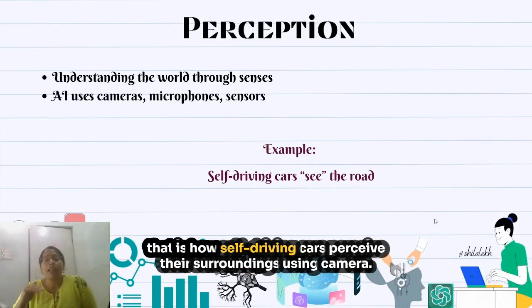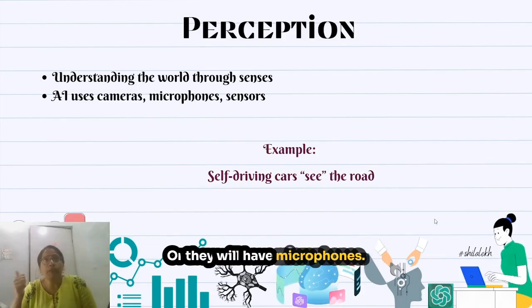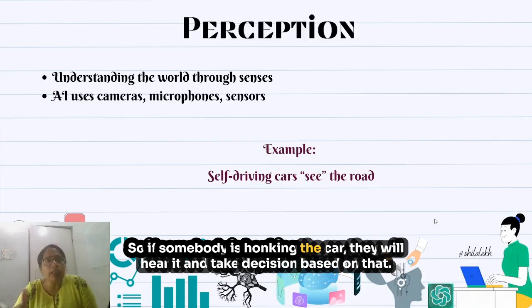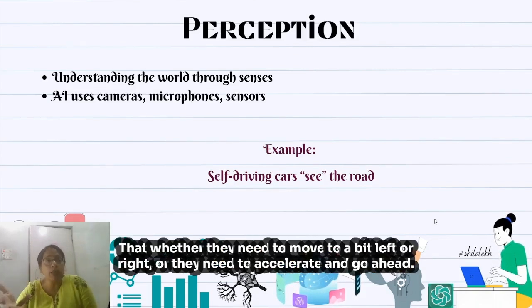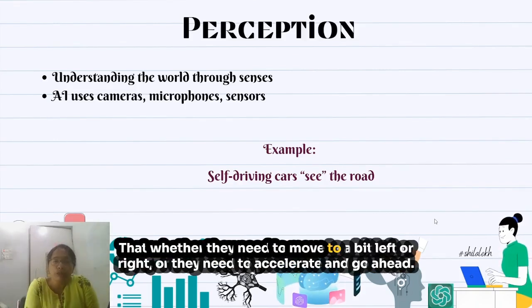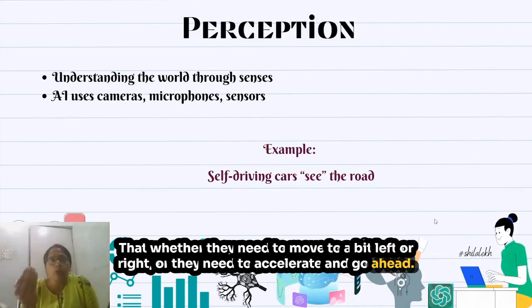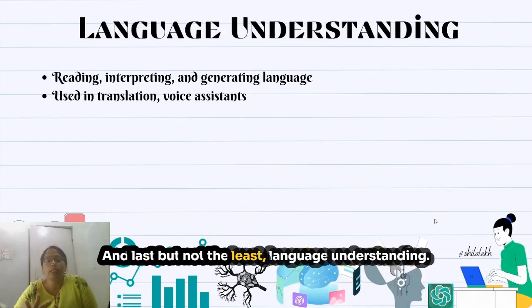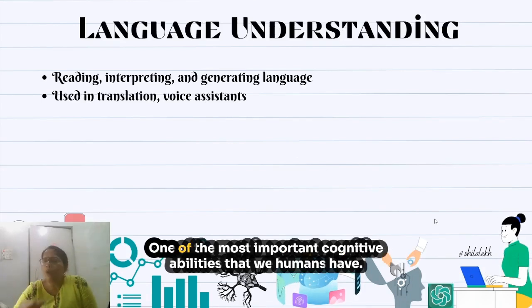That is how self-driving cars perceive their surroundings using cameras. Or they will have microphones, so if somebody is honking the car, they will hear it and take decision based on that whether they need to move to a bit left or right, or they need to accelerate and go ahead. And last but not the least, language understanding, one of the most important cognitive abilities that